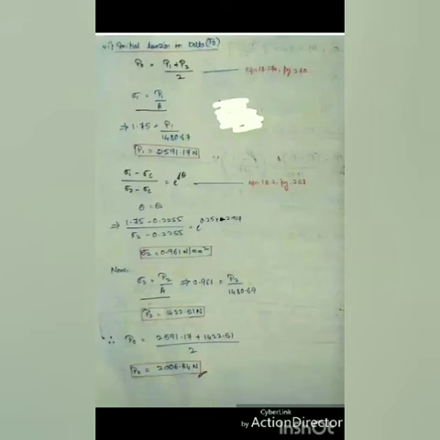Next step is to find the initial tension in the belt, that is P naught. So this expression, P naught equals P1 plus P2 by 2, is given by equation 18.17a. How this equation comes is already posted in the theory part. You have one more expression to find initial tension, which is also given. Right now we will use this and try to find the initial tension P naught.